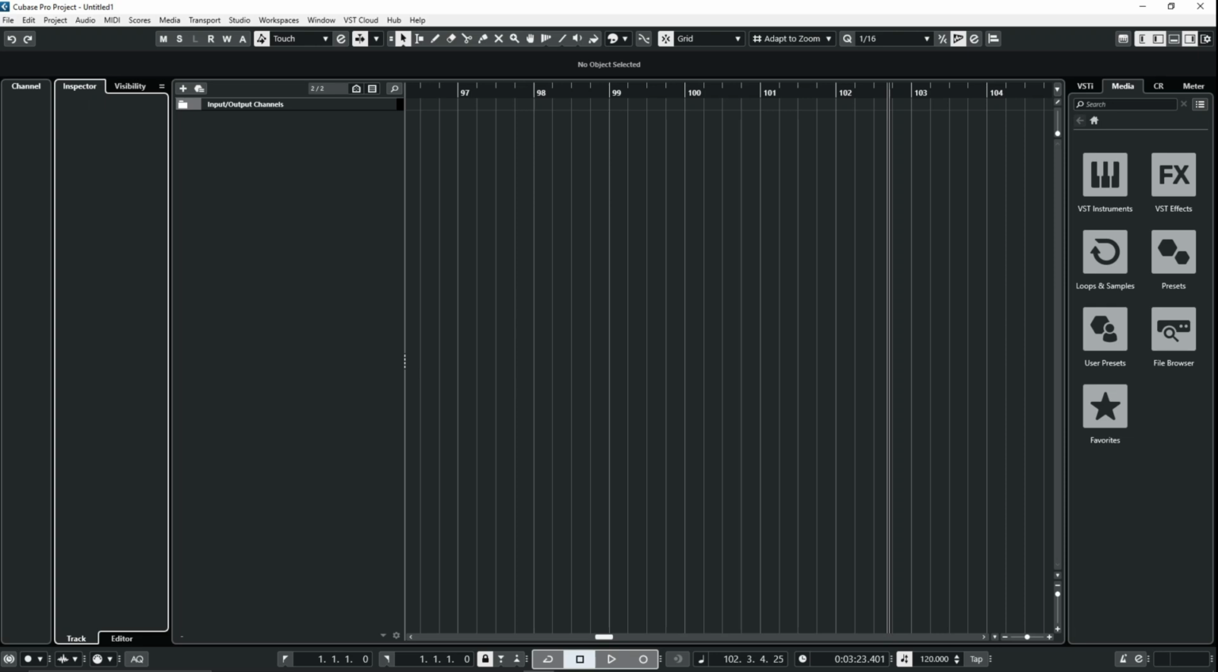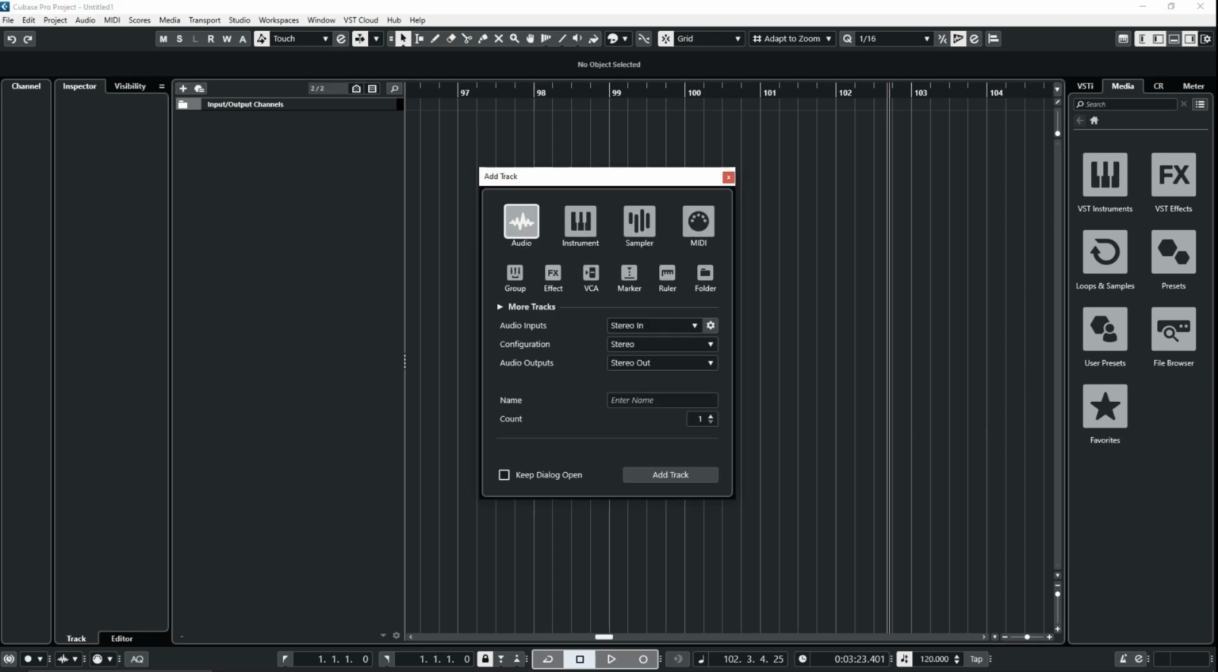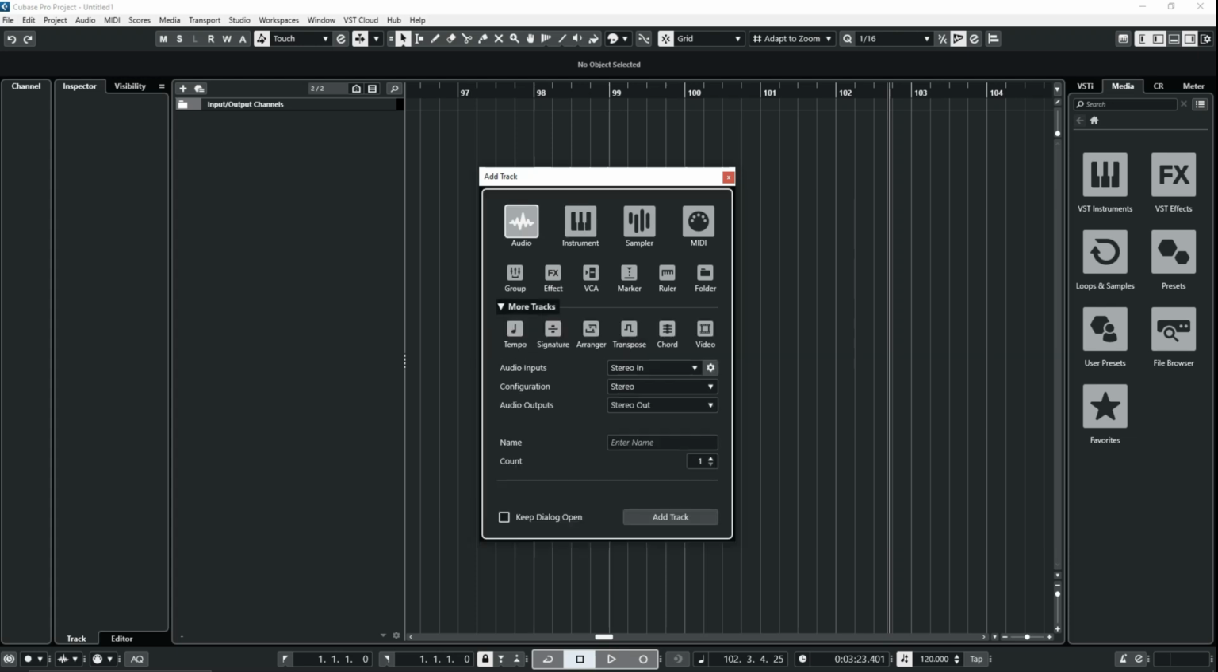So let's see how we can create a track in Cubase. So we can do that by clicking the plus sign here, and we are going to select audio, or if we want to create an instrument track, we are going to click instrument track. But for now, let's start with audio. So we are going to click on audio track,